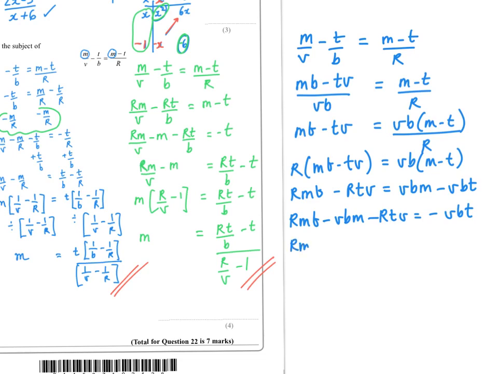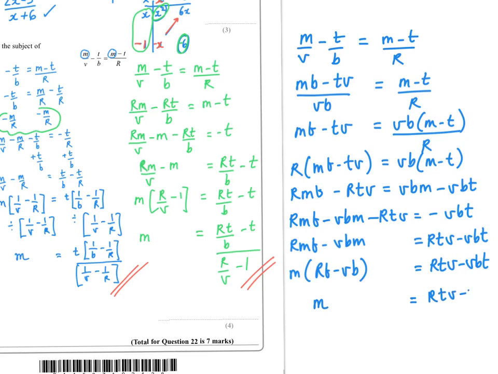So I'll have RMB minus VBM equals RTV minus VBT, and now look, I can factor out the m here and have (RB minus VB) equals RTV minus VBT, and then I can divide both sides by this expression here, and I'll be left with m equals, now what I'll do is I'll just write this quickly here, and then I'll show you another little thing